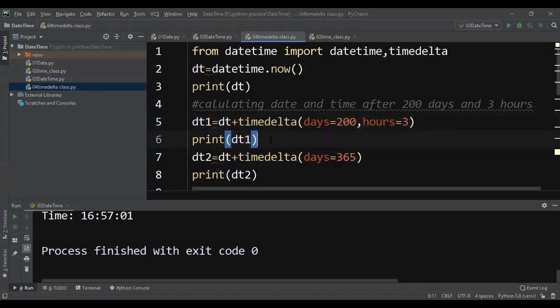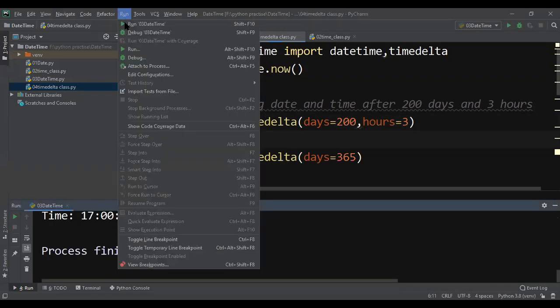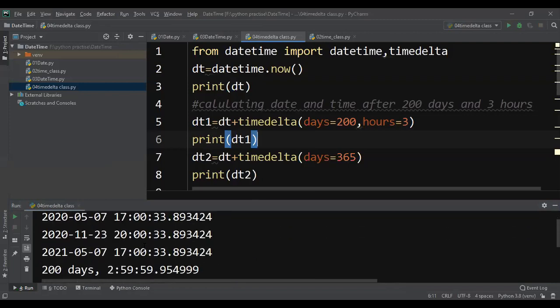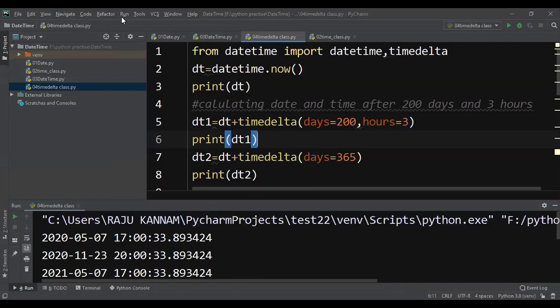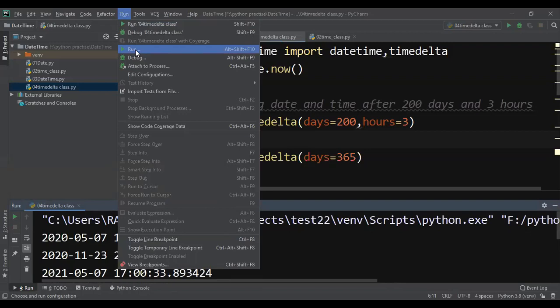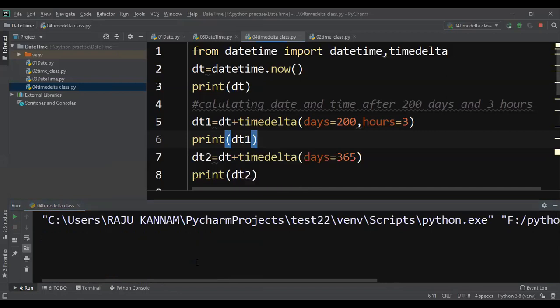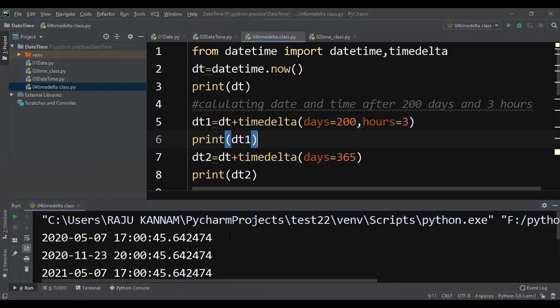Sorry, I have to run another program, the timedelta class. See here, this is today's date and time.